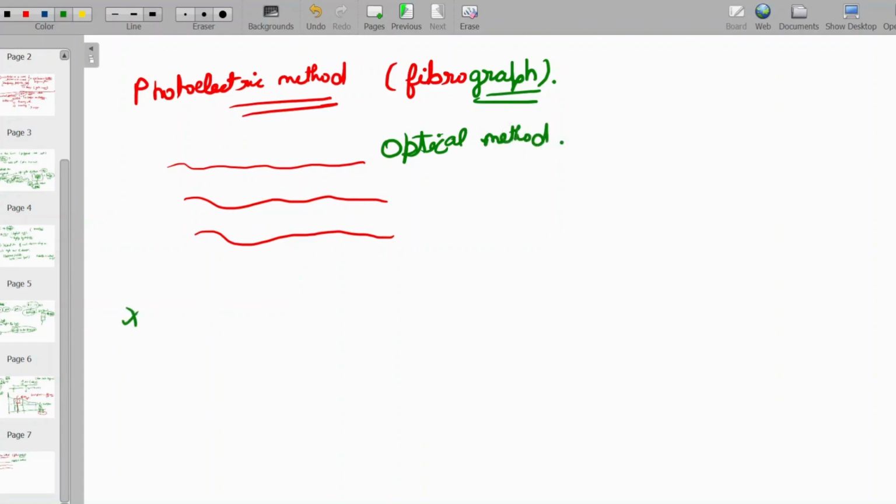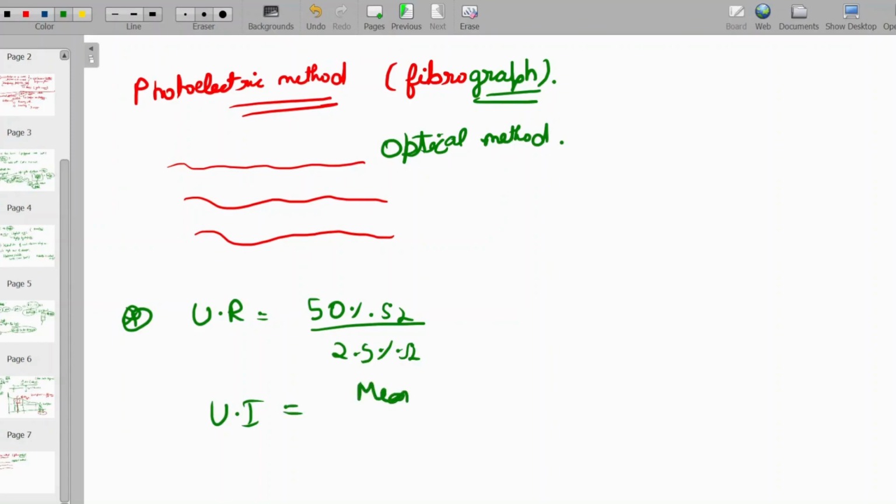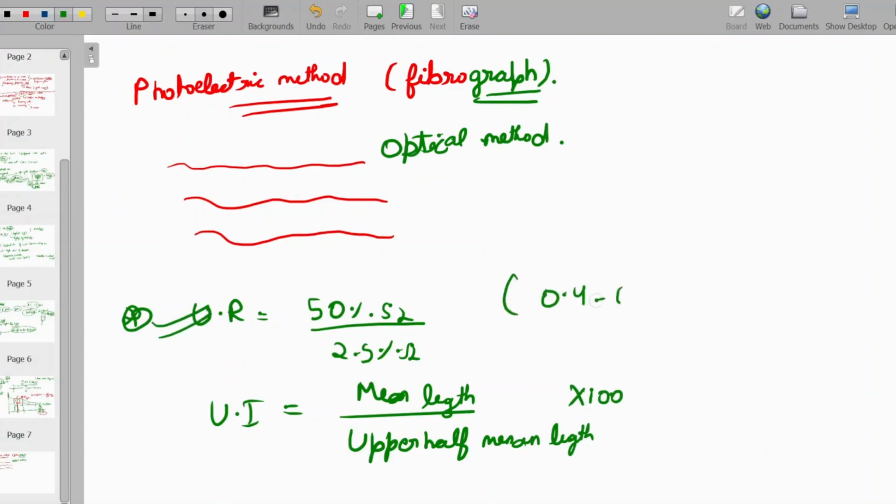there are two important formulas here. Uniformity ratio is 50% of 5%, and the uniformity index is, I think, not the uniformity index also, right? It is mean length upon per half mean. This is very important, and for cotton ranges. So this is